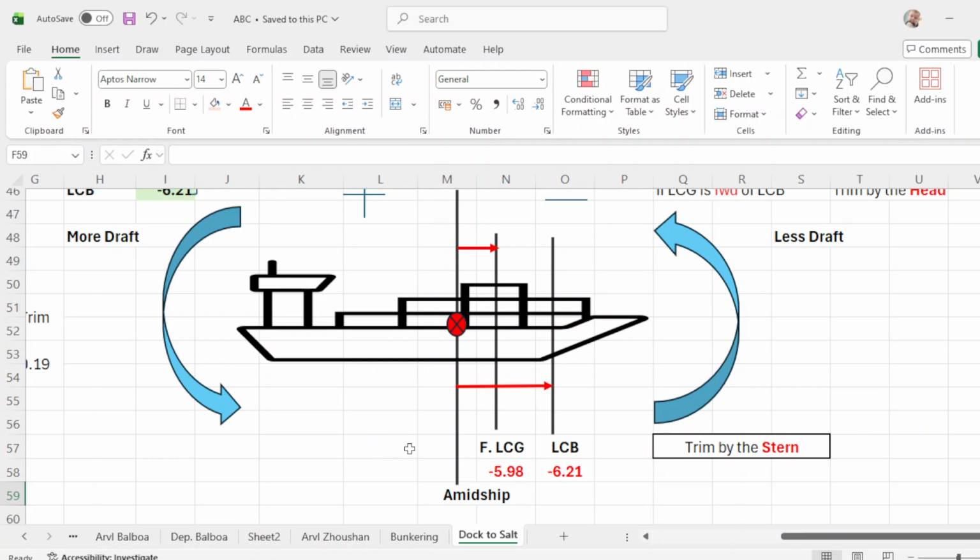Now, when you say LCG, the gravitational pull of the weight of the vessel and the cargo is to push the vessel downward. That is the rule of gravity, right? So this one is going to pull the vessel downward, while the buoyancy, it is the water that is pushing the vessel upward. Okay, that's because of buoyancy, it is pushing the vessel upward. So when this is pushing upward, this one is pushing downward. That's why you are trimmed by the stern.